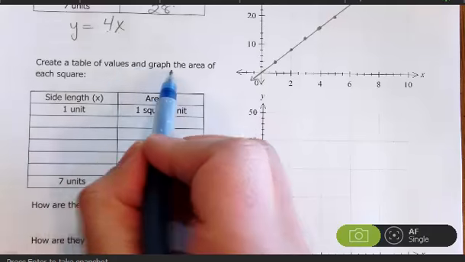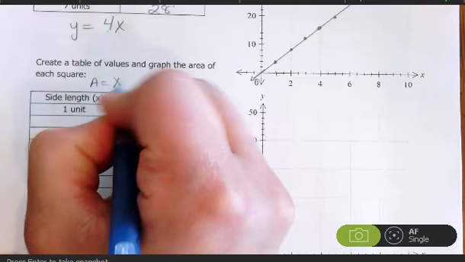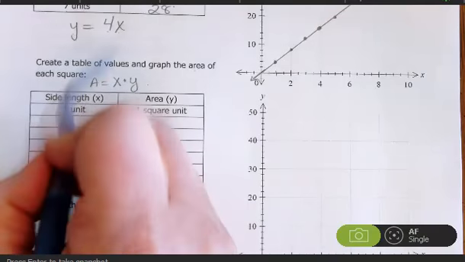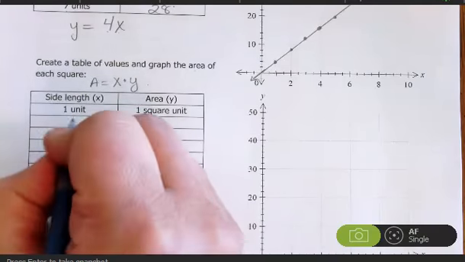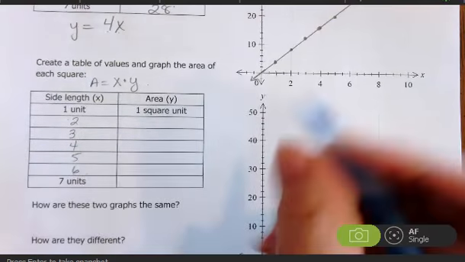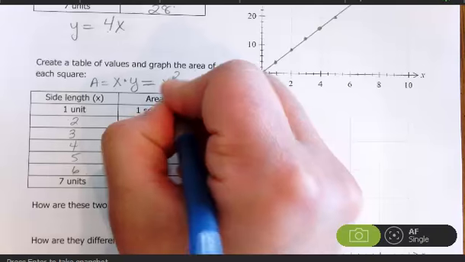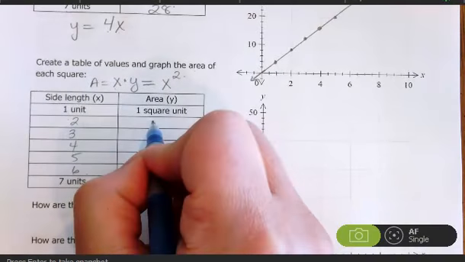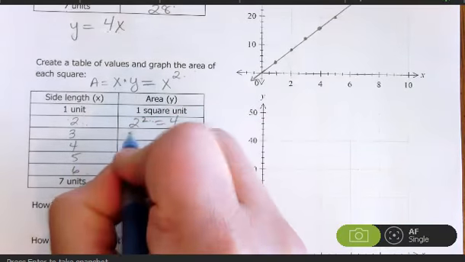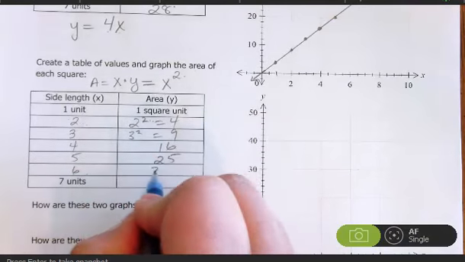We are going to look now at the area of each square. And if you remember, area is given by length times width. So if we have a side length of 1, or let's just record the side lengths here, 3, 4, 5, 6. In this case, if the sides are exactly the same, really I should write x squared. So to get this, I'm going to square my x's. So I've got 2 squared, which is 4, 3 squared, which is 9, 4 squared, 16, 5 squared, 25, 36,